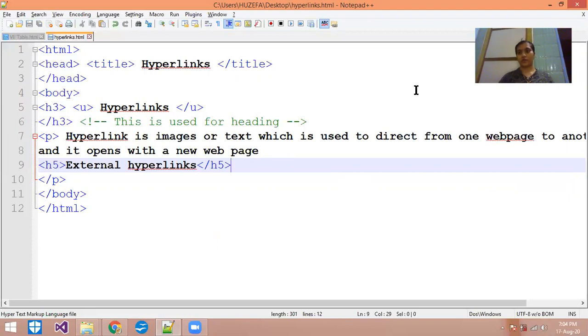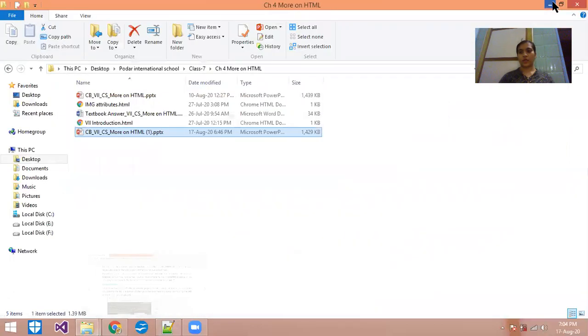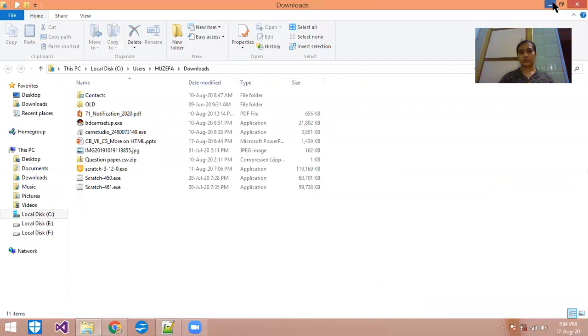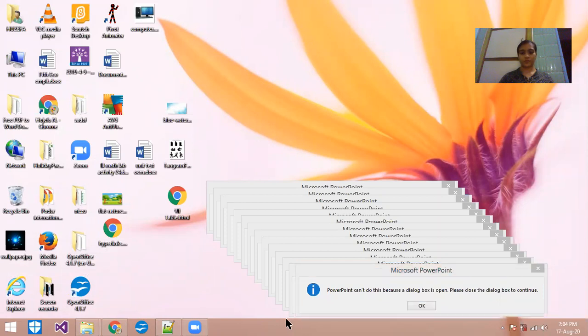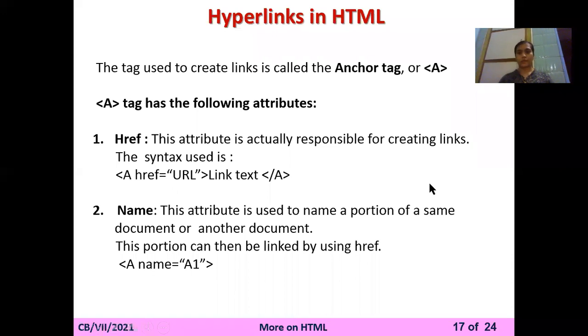First of all, I want to show you the demo. Okay, so hyperlinks in HTML. First of all, just see the details again. The tag used to create the link is called the anchor tag, or the a tag. The a tag has the following attributes.